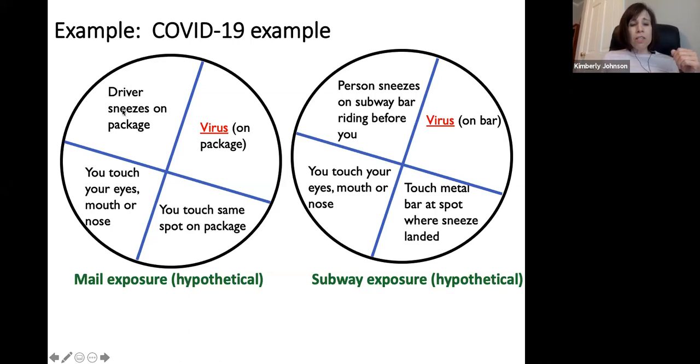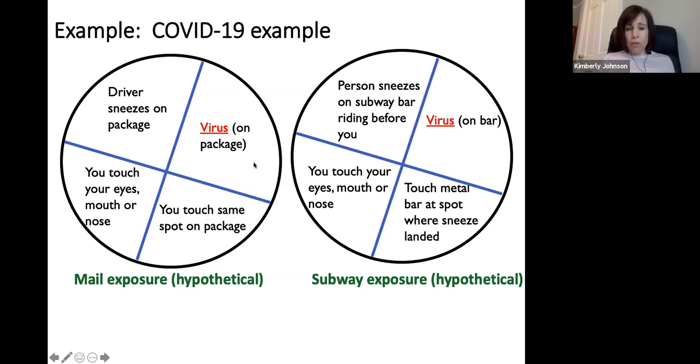So in the first pie model for mail exposure, you can imagine a driver sneezes on the package and there is virus then on the package. You touch the same spot on the package and then you touch your eyes, mouth, or nose and you become infected with the COVID-19 virus. In the second example, subway exposure, a person sneezes on a subway bar riding before you. So they both get COVID-19, but they have different causal pie models. There's virus on the bar. You touch the metal bar at a spot where the sneeze landed, and then you touch your eyes, mouth, or nose. So the necessary cause here is the virus